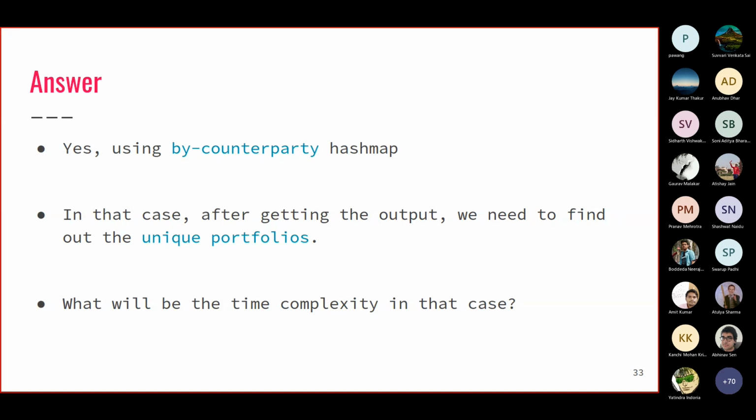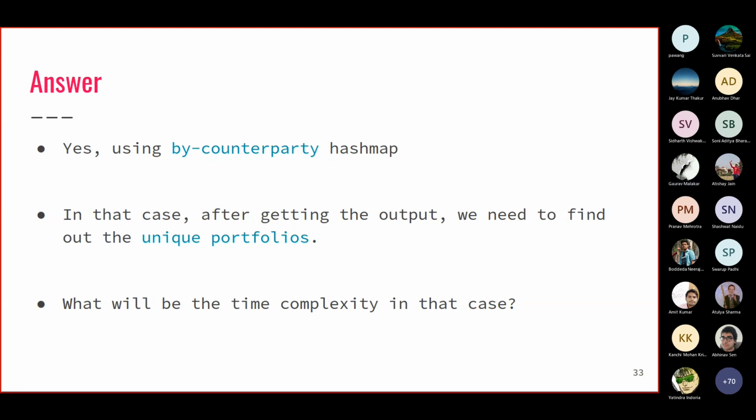In that case, what should be the size? Can you say, sir, any upper bound? At least, sir, at least the number of distinct portfolios. Yeah, that I know, but actually that solution is not available to me in the beginning, right? So we have to design at least equal to the number of distinct